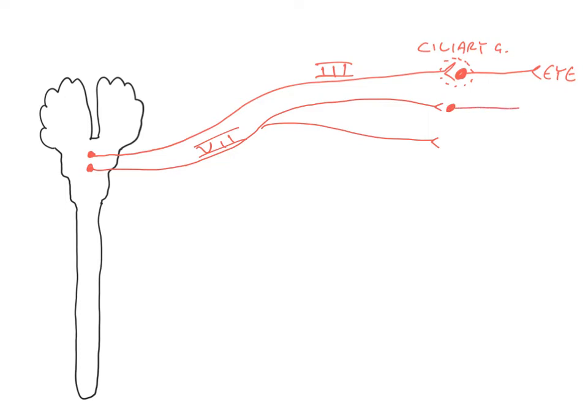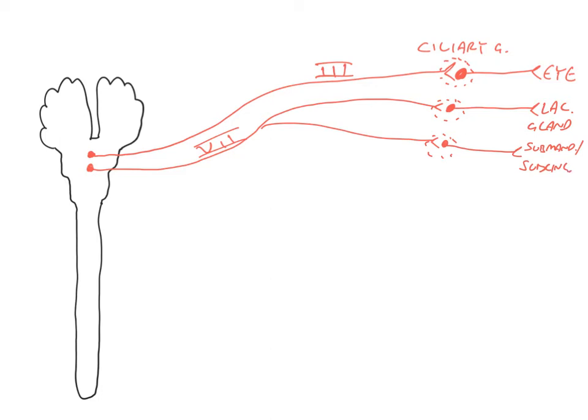One ganglion supplies the lacrimal gland, and the second ganglion supplies two salivary glands, the submandibular and the sublingual